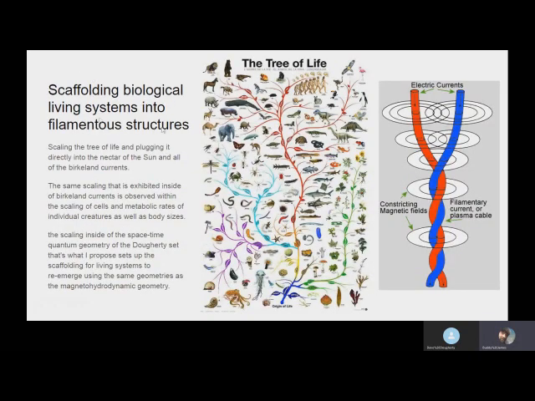Scaffolding biological living systems into filamentous structures. Now, we already are familiar with this tree of life and DNA and how we have family trees and all of this, how it's all wrapped up inside of these biological entities, and the biological entities are Birkeland currents, and that's what the Birkeland-Dougherty idea is, that they actually provide the life for the filaments, and as they become different,